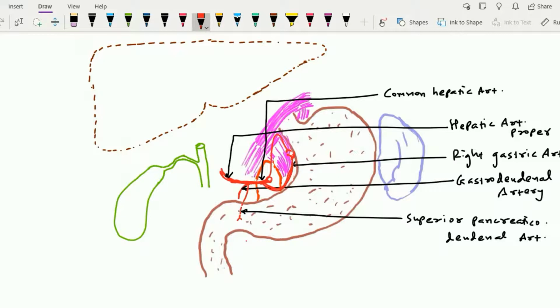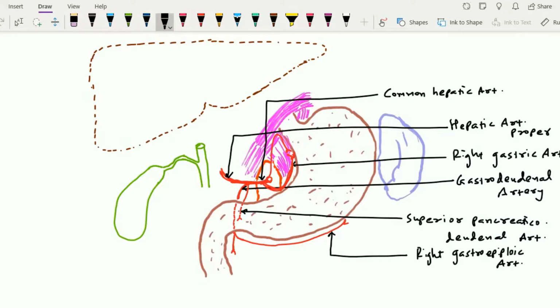The gastroduodenal artery, as it is the second branch of the common hepatic artery, passes towards the lower side and runs behind the first part of the duodenum, and it reaches the lower border of the duodenum, and it gives two branches at that level. One of them is the superior pancreaticoduodenal artery, when it is not given by the common hepatic artery, and the second branch runs within the first two layers of the greater omentum along the greater curvature of the stomach, and this branch is called the right gastroepiploic artery.